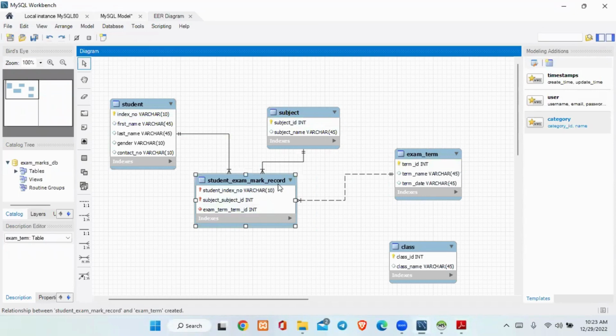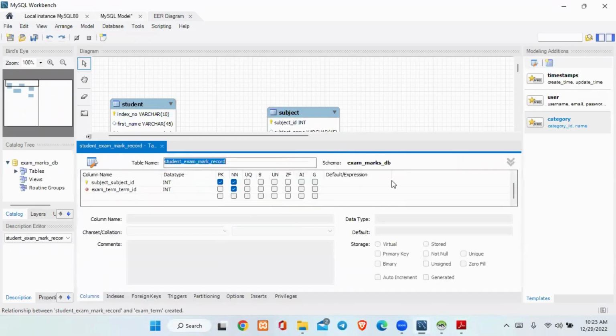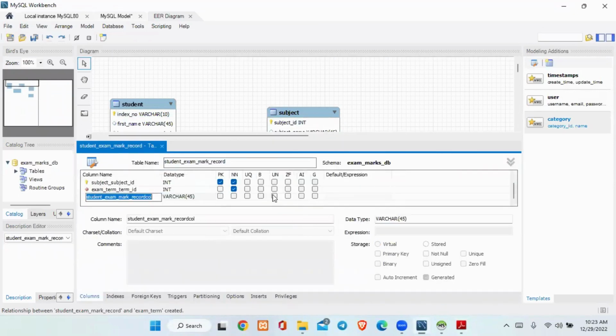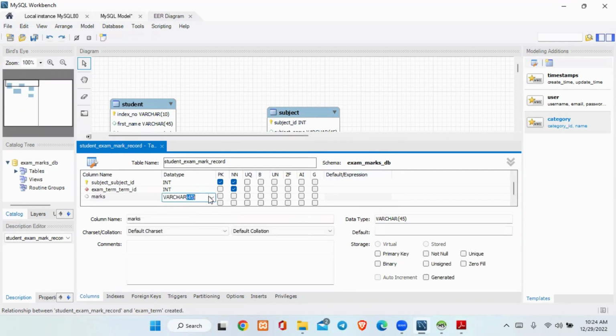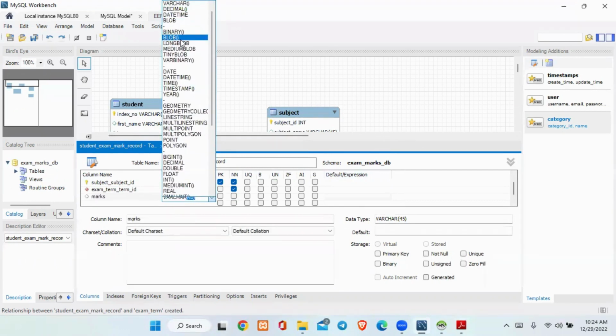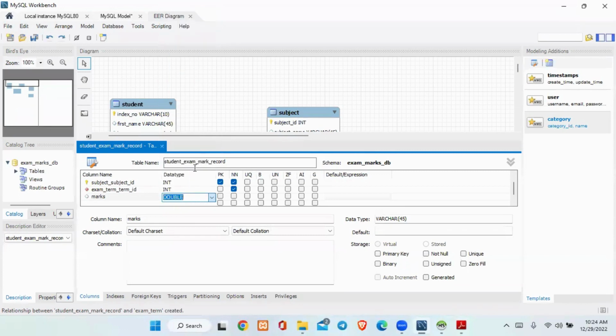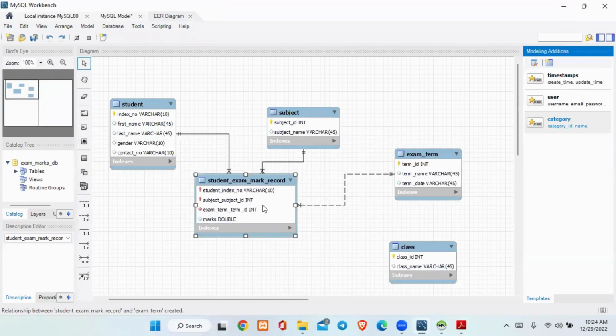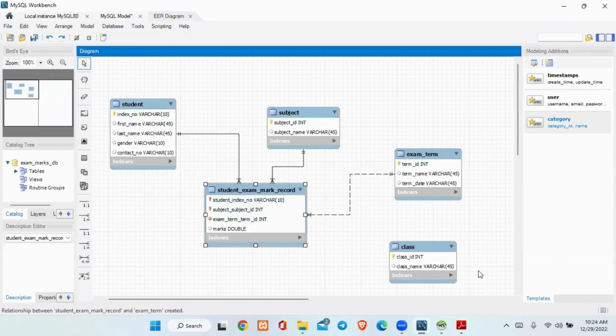So double click on this and let's begin to edit it. So we'll create a separate column called mark and we'll change the data type to double. Okay, so over here we have the option double. Okay, so now this is how it will be viewed. Back to our